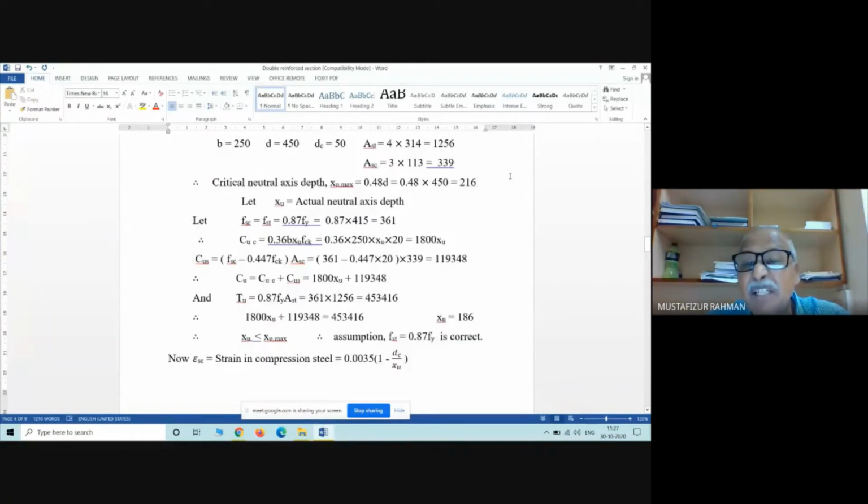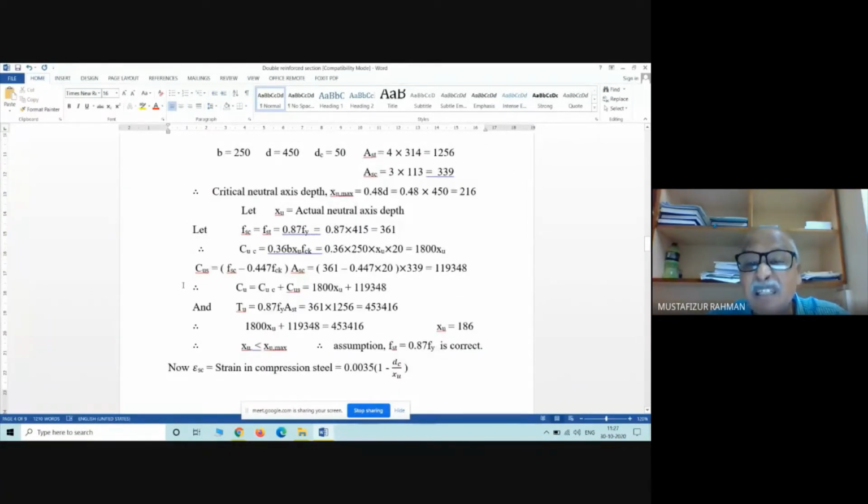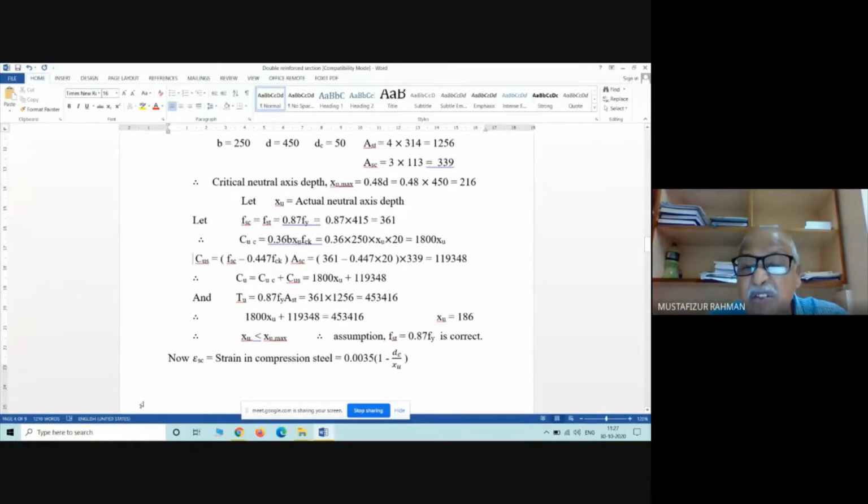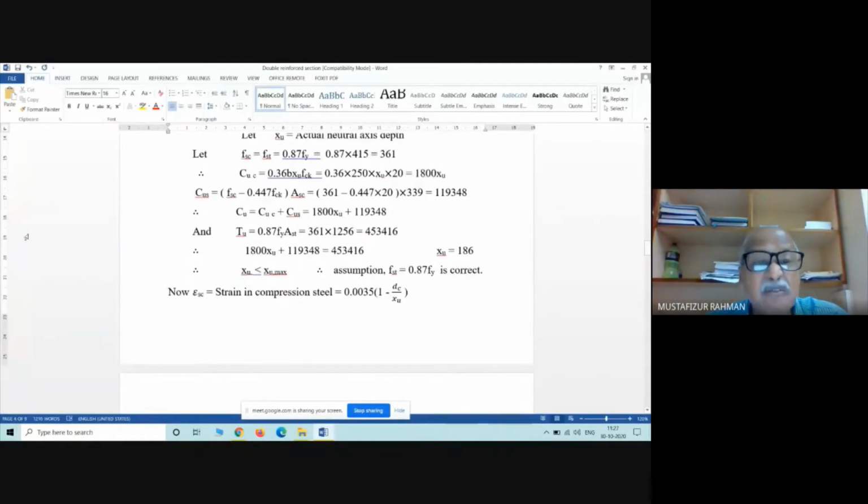ASC is given to us. So 339 is given, so we got this, right? Very simple. Okay, so total compression is equal to, so here the unknown remains